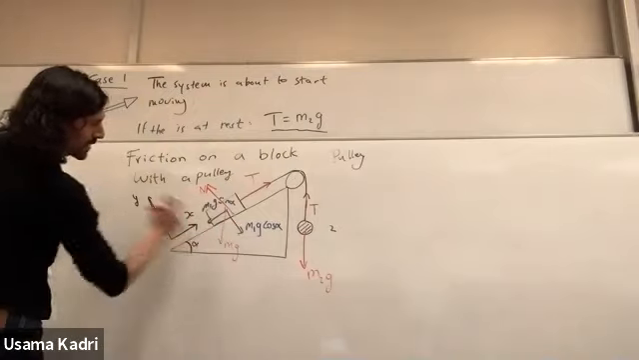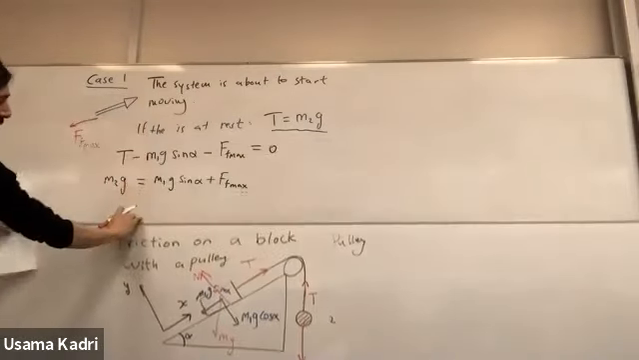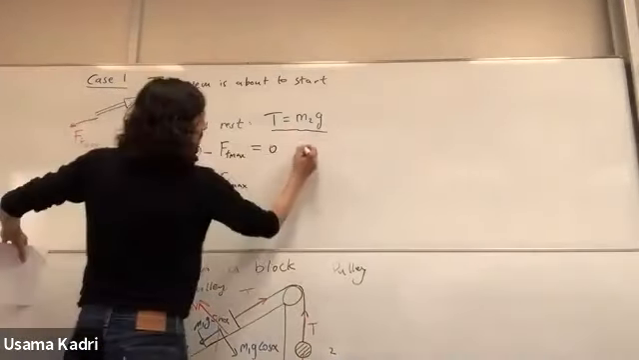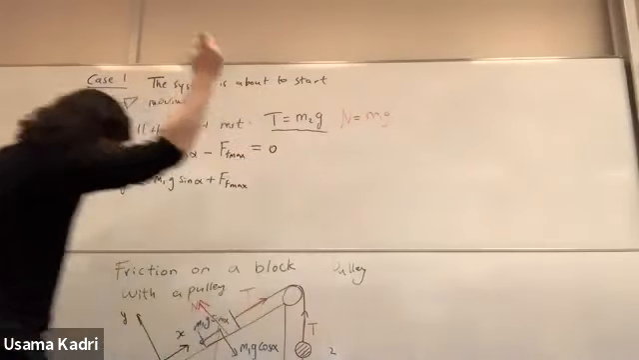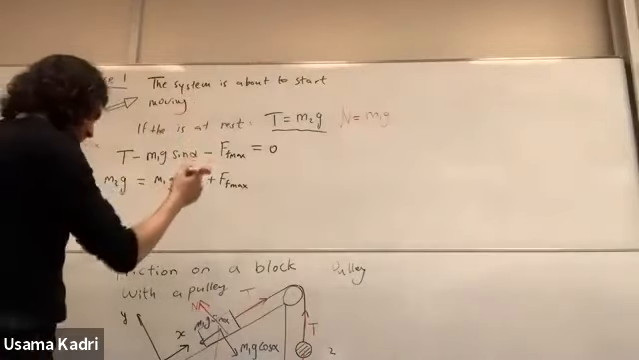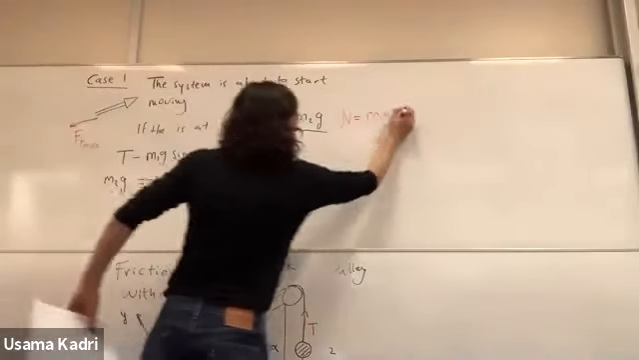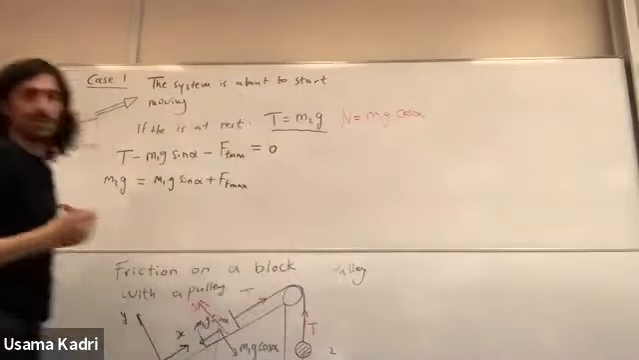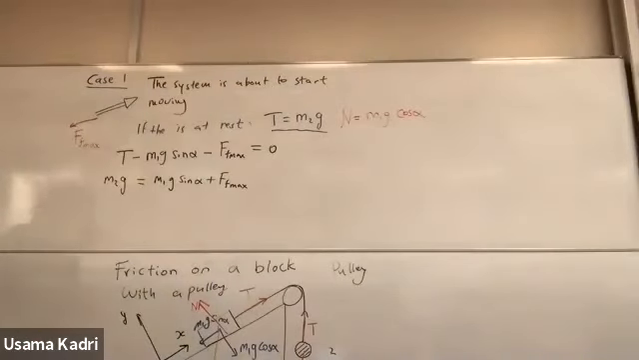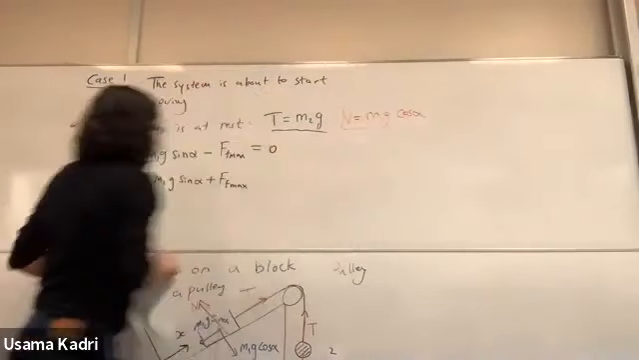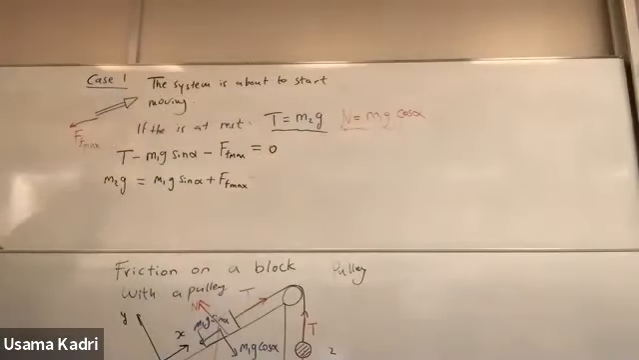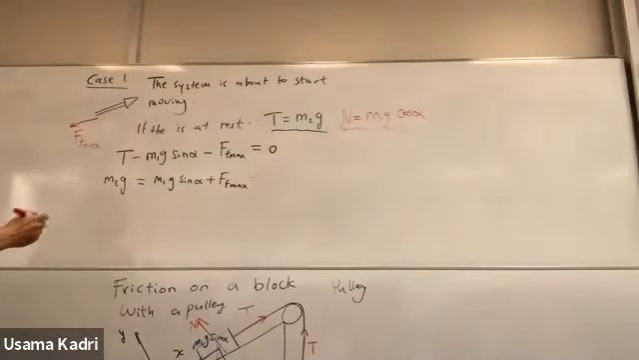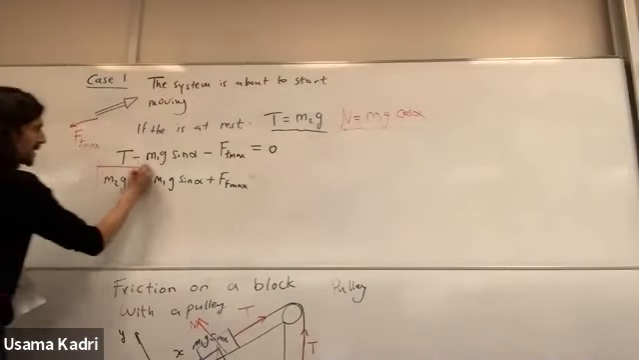Right? N equals M1 G cosine alpha. So write it here. N equals M1 G cosine alpha. Okay. So we can calculate F max. So this is the first case,